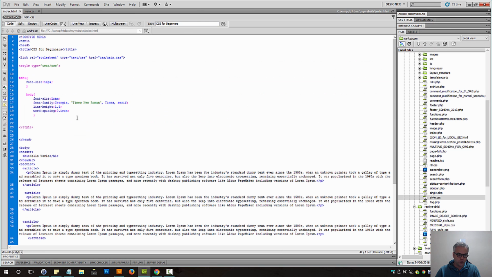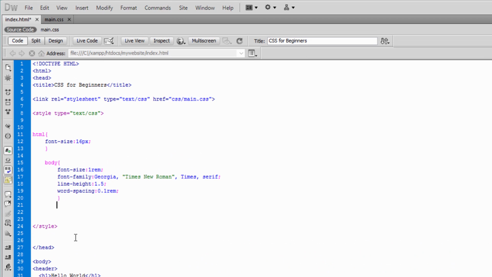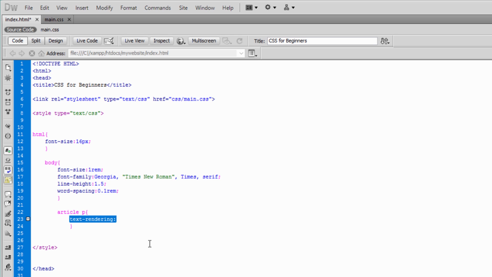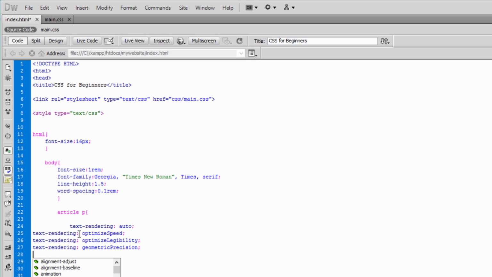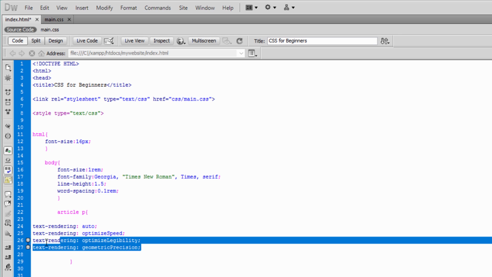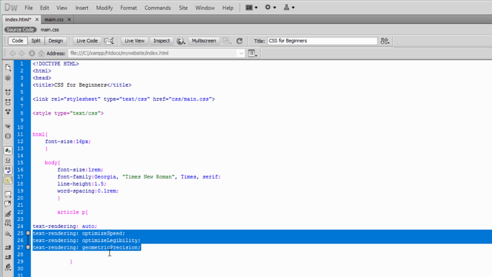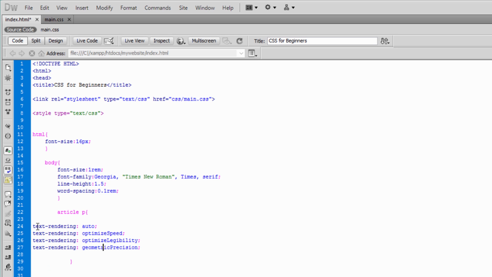Before I close up, let me also show you something else. Let's say the article p element, and let's take a look at text rendering. And in fact, let me just paste the values for them. You can use auto, let the browser decide, as in let the text rendering engine decide which one to use. Or you can say, you know what,